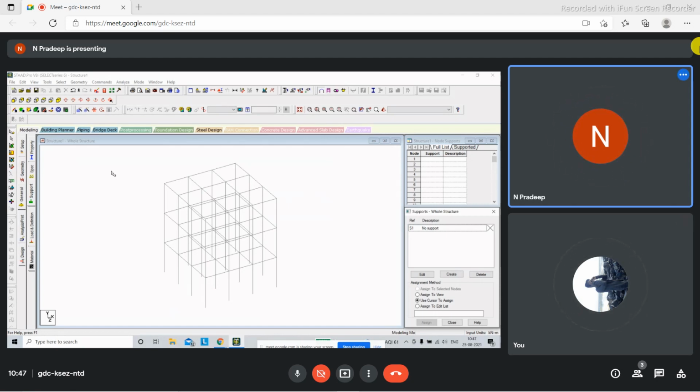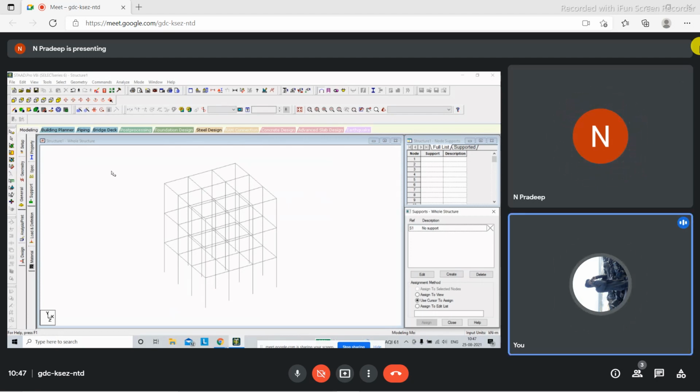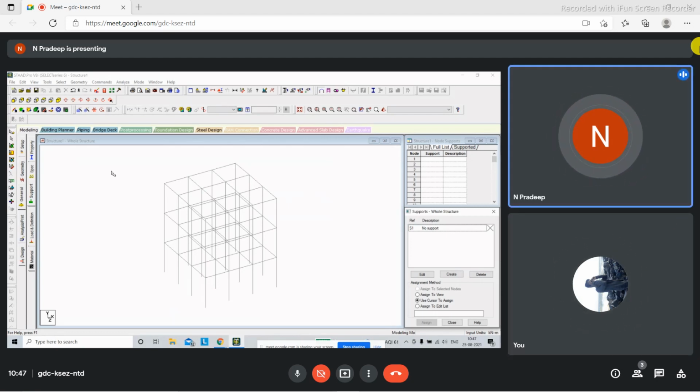But when we are studying in our BTech, we study simply supported. The main purpose of studying like that is to do the calculations properly. It is only for the calculation purpose. Other than that, in the real world, we generally use fixed support.